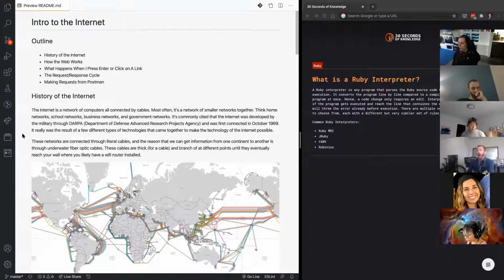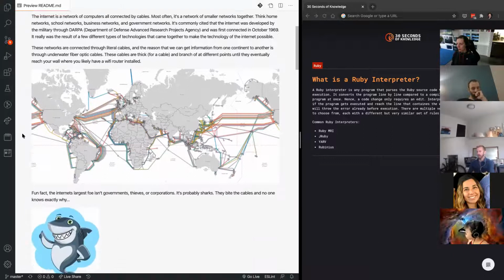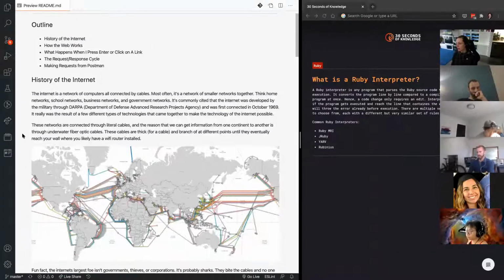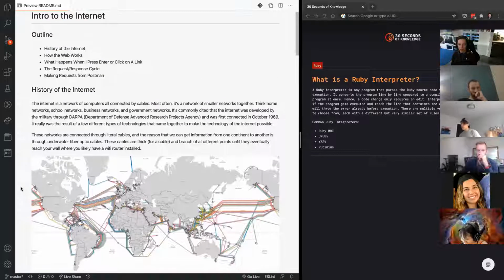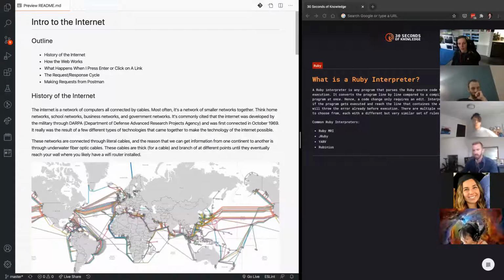So we'll go through all of that. The README is pretty extensive here. I'm not going to read each and every sentence. Feel free to jump back to it if you want to read more. I'm mostly going to be hanging on these images that I added to this README.